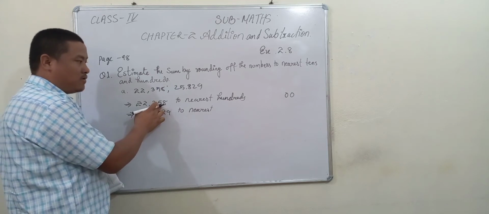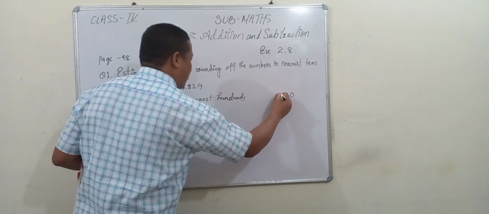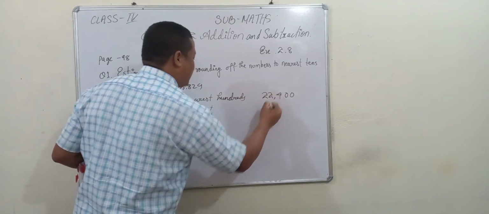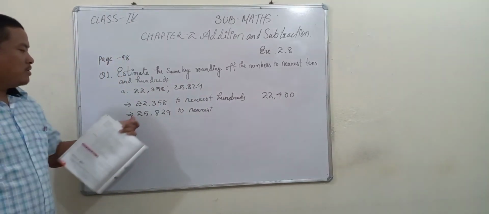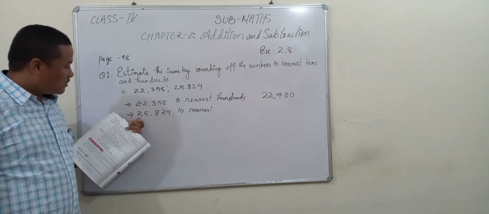Okay, so it is 5, so the next number will plus by 1. 3 plus 1, it will be 4. And the remaining two numbers will be the same. 22,400 is the nearest 100 of 22,358. Now next question,